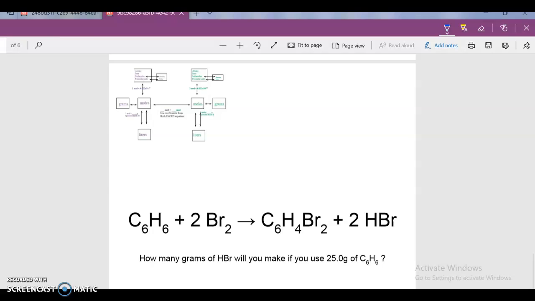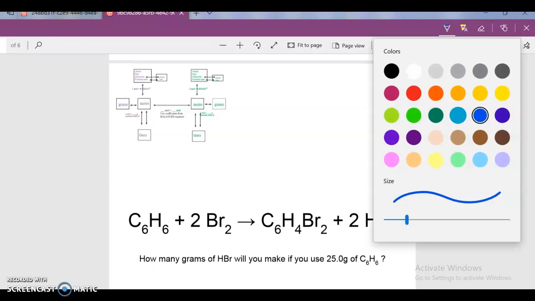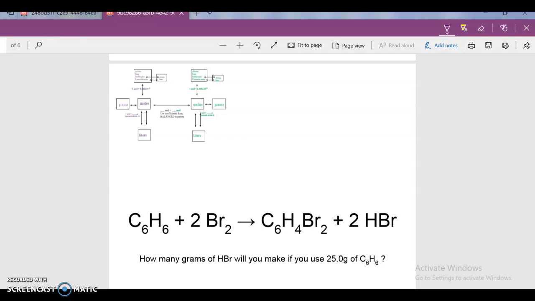So we'll bring it to a more challenging problem, I guess. Really, we've only added one step, the mole-to-mole step. So it says, how many grams of HBr will you make if you use 25 grams of C6H6? So, question mark grams of HBr will you make if you use